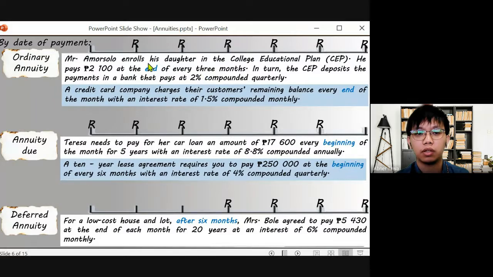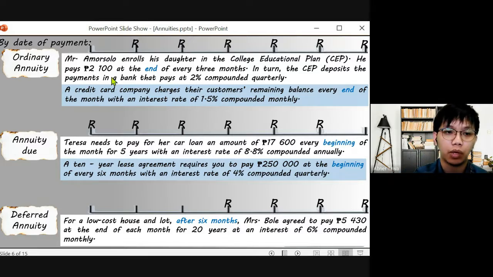Is it in the beginning of the payment interval, or is it at the end of the payment interval? Given yung every month, for example, yung payment interval is every month, kailan sila magbabayad sa first month? Ibig sabihin, is it doon ba sa first day ng month or doon ba sa last day ng isang month? So we're going to determine kung anong tawag natin doon na type of payment.